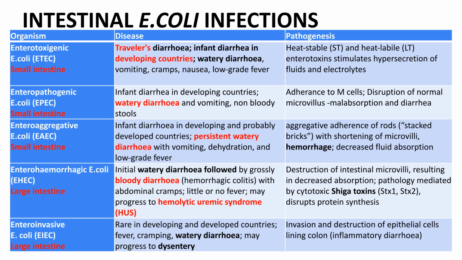Think ETEC, EPEC, or EAEC. Bloody diarrhea. Think EHEC or EIEC. No fever with bloody diarrhea? Definitely EHEC. Persistent diarrhea? Consider EAEC. For prevention: proper food handling, adequate cooking of ground beef, pasteurization of milk, hand hygiene, and safe water are essential. Understanding these pathotypes helps you recognize clinical presentations,